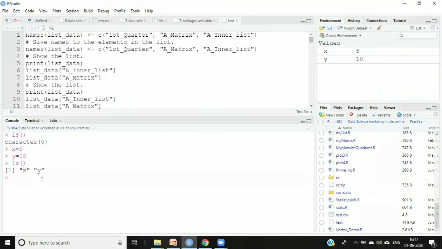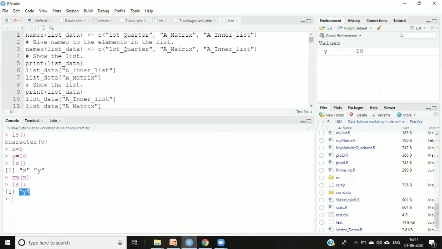So if you fire this ls command, it will show you what different variables or things are created in this environment window. It will basically list all those things here. If I remove one with rm, let's say x, x got removed. Now if we fire ls, only y is showing.